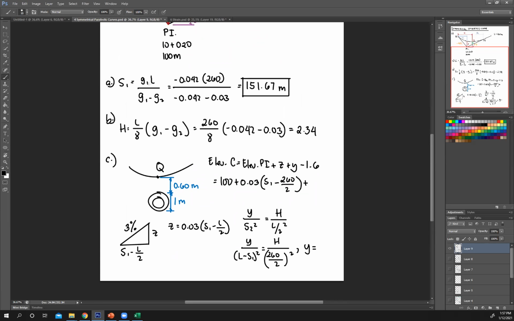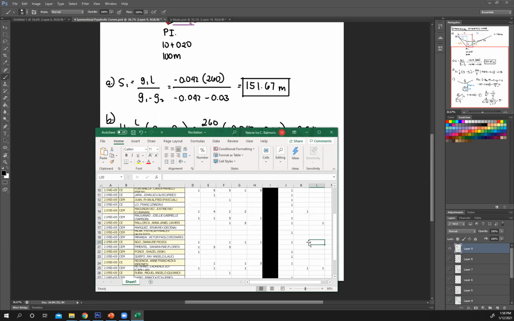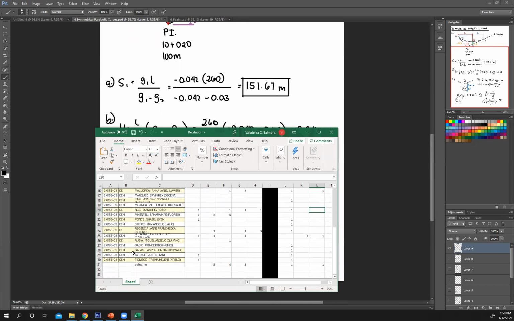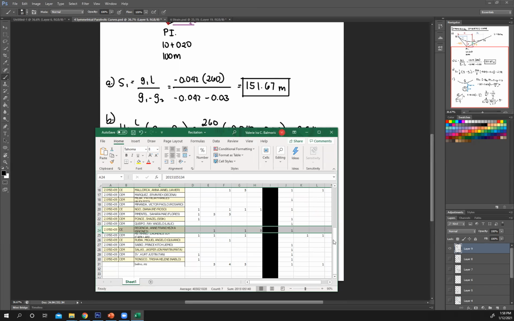Okay. Alright, correct. Lawrence, Francesca, Miguel, and Camille. And Franz. Okay, sino bibigyan ko? Sino na una? Si Lawrence, may score ka na. So let's give it to Regencia. Okay.